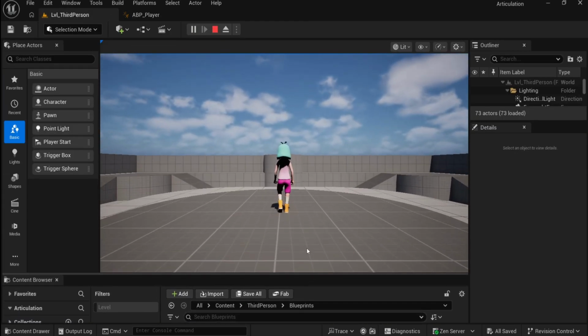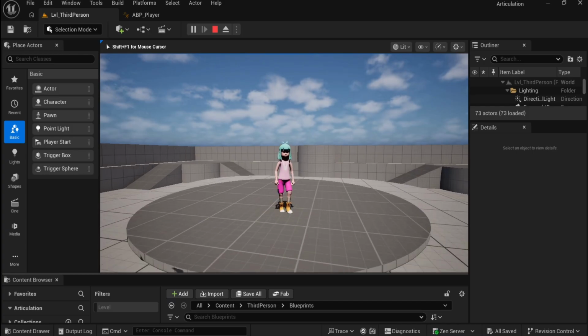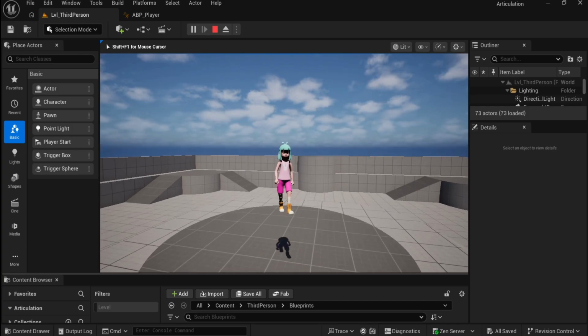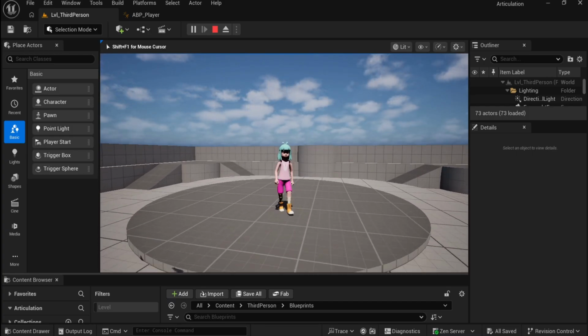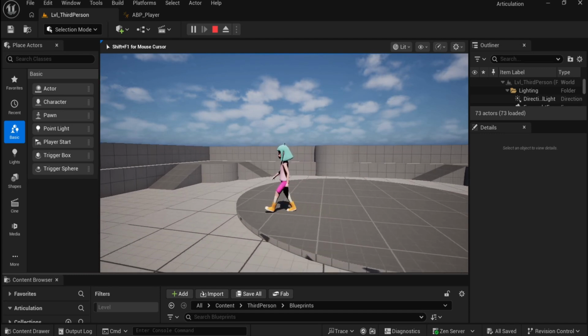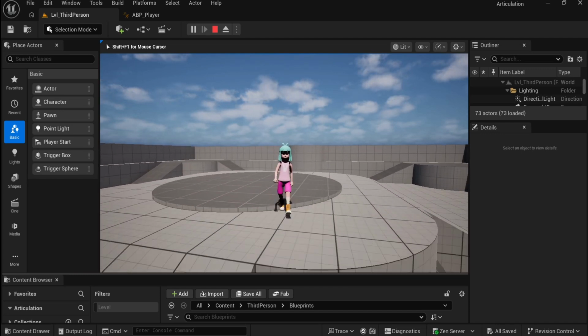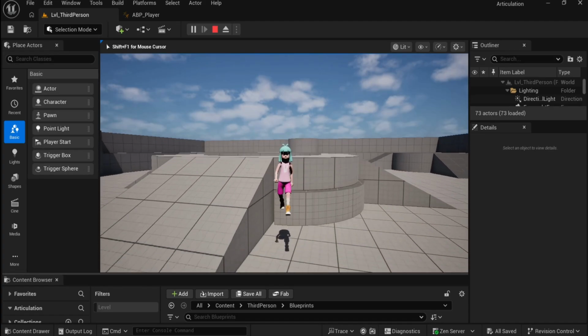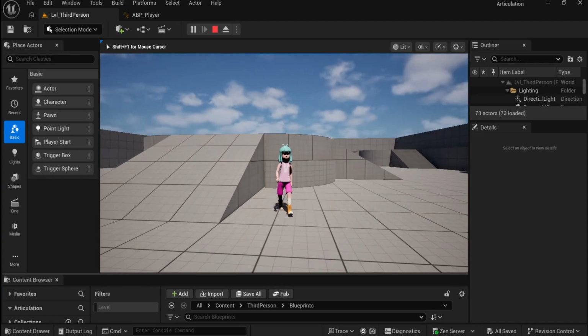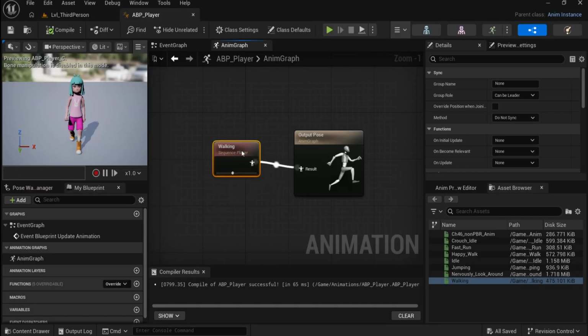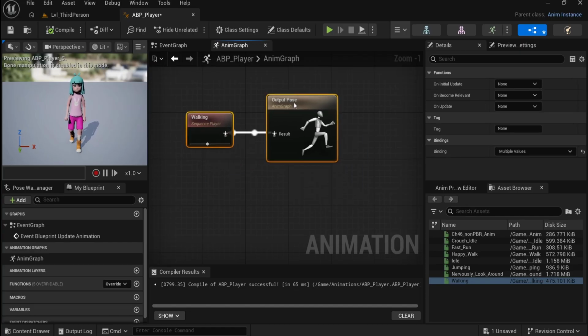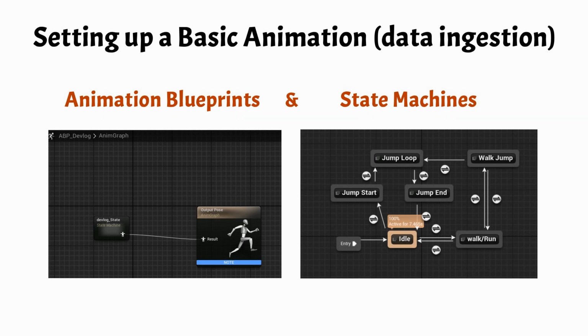So when you try to jump, if you see, apart from the walking animation, nothing else is getting applied. We need to do something for this. When I open the animation blueprint, the output pose can be connected to only one node. So this is where state machines come into the picture while working with multiple animations that have to be applied